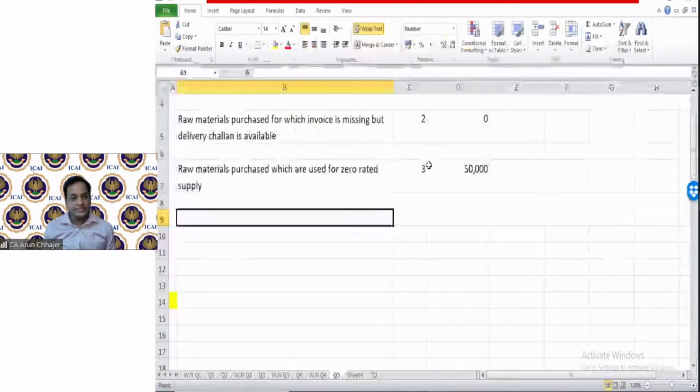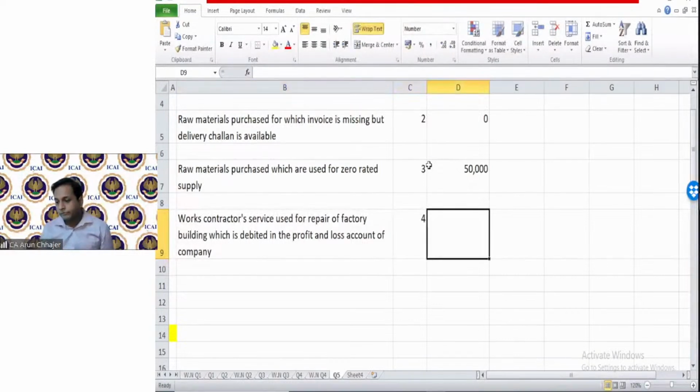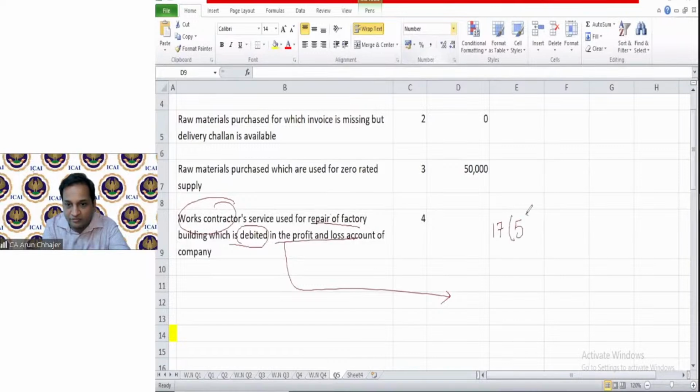The work contract service used for repair of the factory building, which is debited to the profit and loss account of the company. Can we take the ITC? Now here are two important points. See, work contract used for repair of the factory, which is debited to the profit and loss account. What does it mean? As per 17 subsection 5 clause C or clause D,